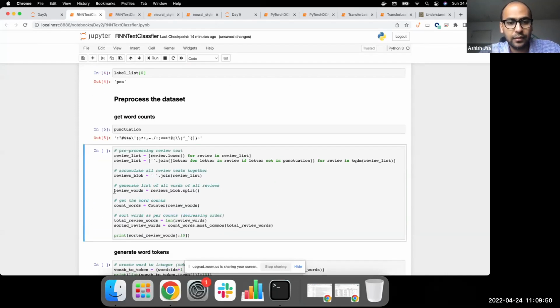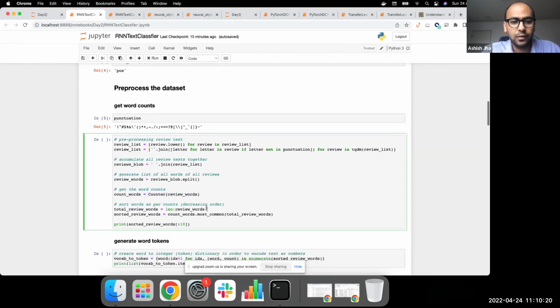Next, if you notice in these two steps, we are taking all the 25,000 reviews and putting them all together in one big sentence. That's this line. And then in that one huge sentence, we are splitting all the words. Basically, we are trying to see the counts of individual words across the entire reviews database, which is done in this step. So if I run this,